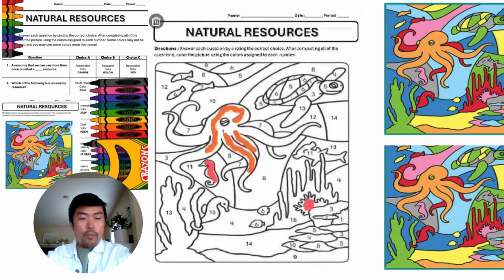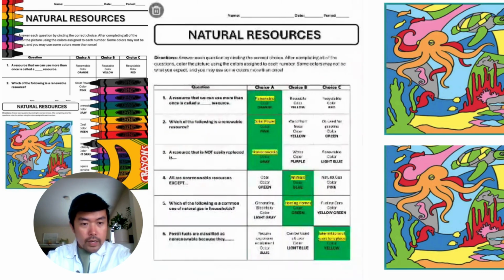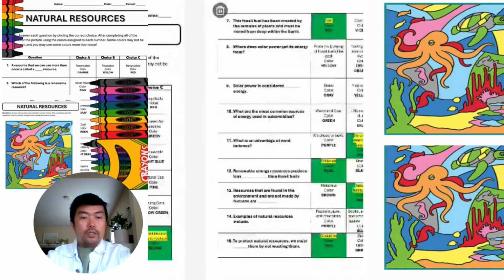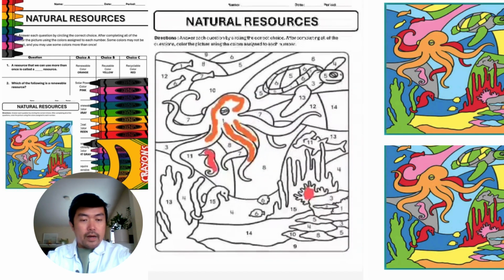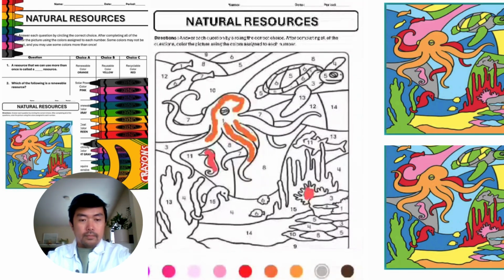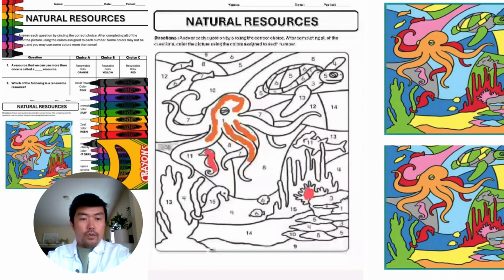And in question number three, everybody, as you can see, the color is gray. So you need to look for all number threes there and you color it with gray. So look for all number threes and color it with gray. Once you're done with all number threes, you can go now to question four.